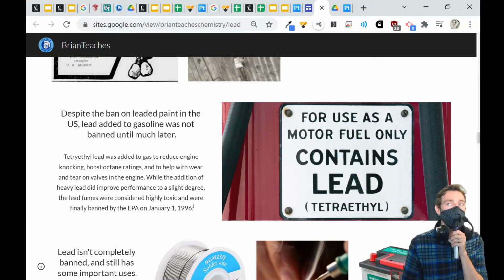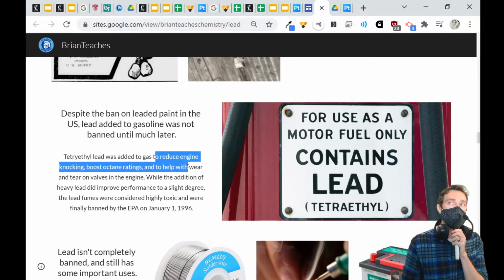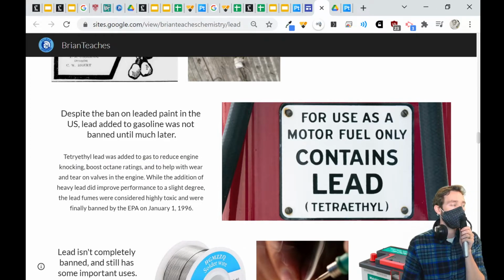They didn't completely ban it. In '96, they were still adding lead to gasoline. Why? Because it reduced engine knocking. For people that are aware of engines,